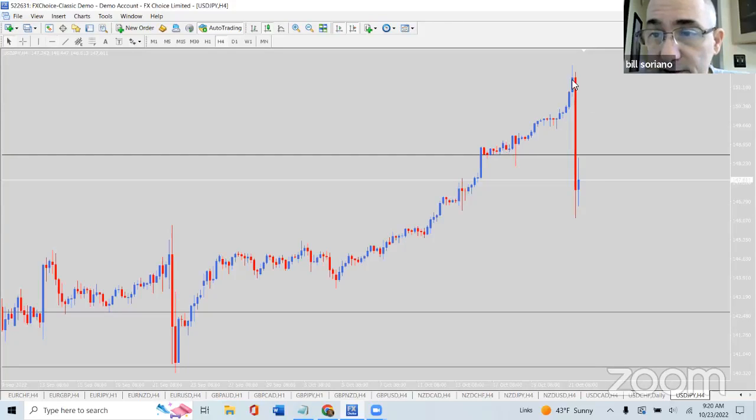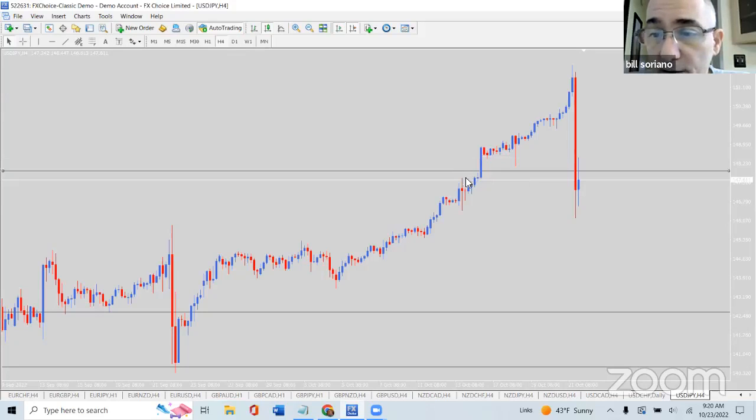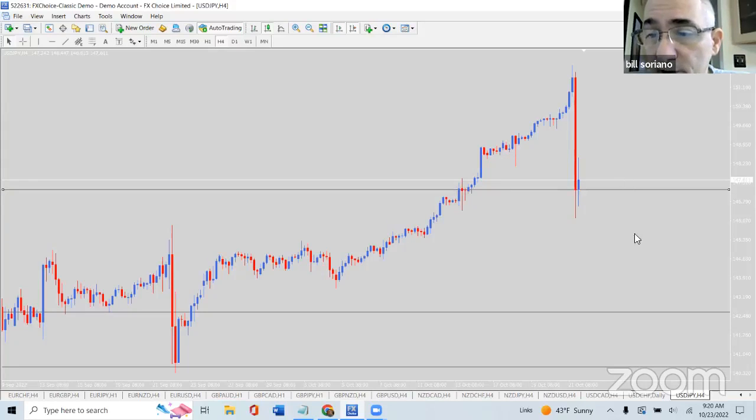You can see it came down and broke that structure. Then if we would get a pullback and then it would come down and break this structure right here, that would be a 2x2, and that would tell us that the bias for this has changed. But right now, without the 2x2, even with this big move down, which is a change of character, we're still